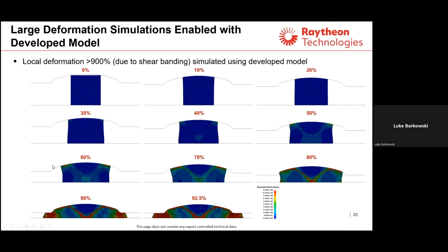We could clearly see a shear band forming starting around 50% global strain, and then increasing in magnitude up to the final strain of about 92.5%. And you can see in this region, as well as in the flash, there's significant plastic deformation. And I mentioned while we were looking at those animations that the deformation in this region, in this V, is what's triggering remeshing. And you can see in this region, there's several 100% plastic strain, and it's really shearing these